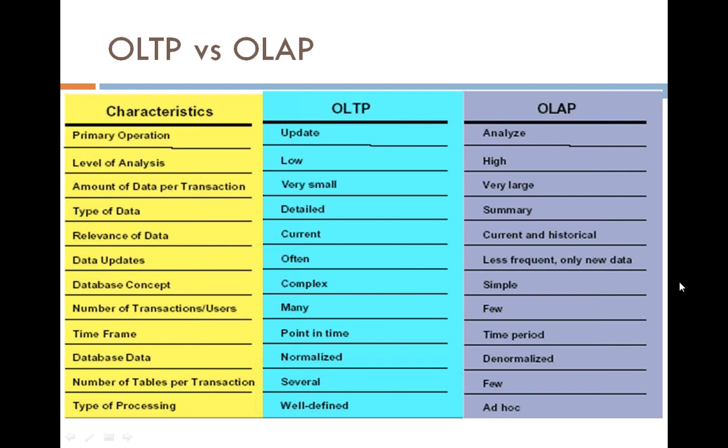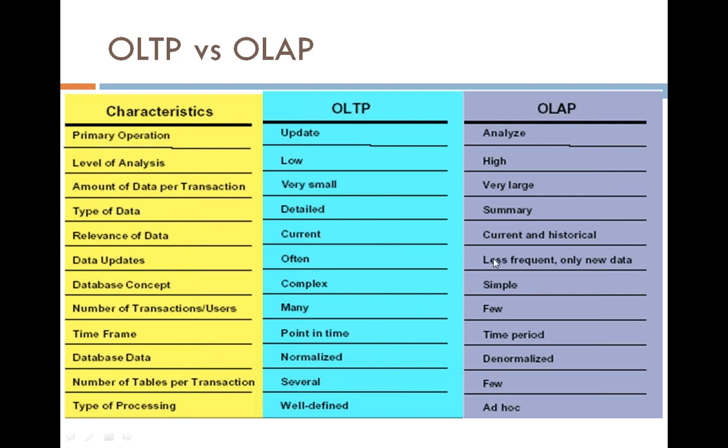When we create the system for the first time, we do a full load, which means it will read all of the data from the respective tables and put it into our data warehousing solution. From the next time onwards, whenever we read the data, we ensure that the system only reads the newly created records or the changed records from yesterday, so that there would be very minimal data when we load the data into the OLAP system. So these are the different data updates: very often here, and less frequent here.